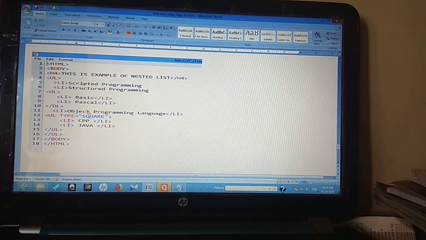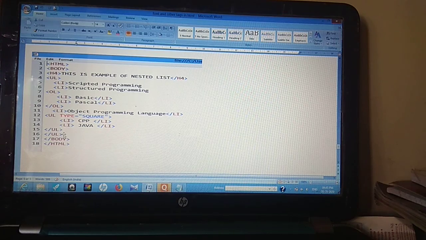I am adding one more item, object oriented programming, another list item over here, and then I am using the UL tag with type equal to square. Okay, so this will begin an entirely new list over here, which is an unordered list, and it will include the list items CPP and Java, and it will have a square value over here. Then I am going to close this unordered list immediately, the CPP and Java one.